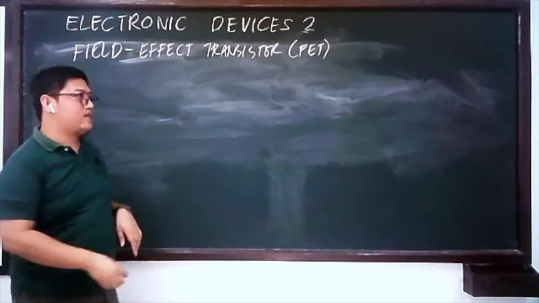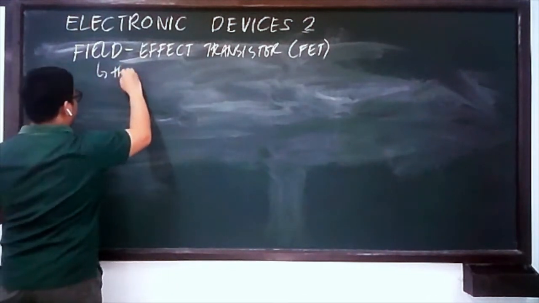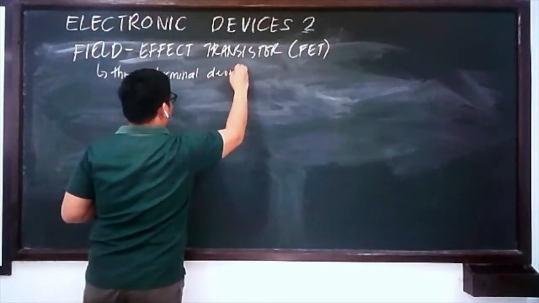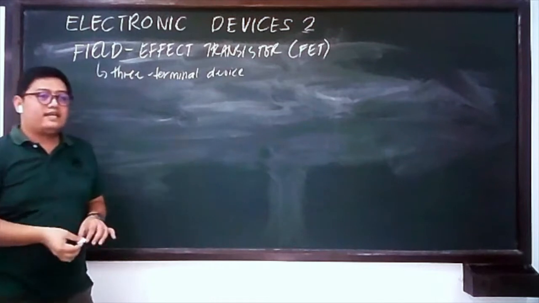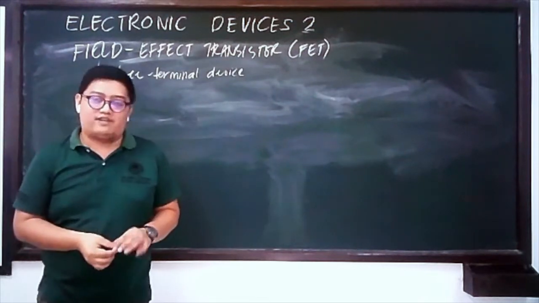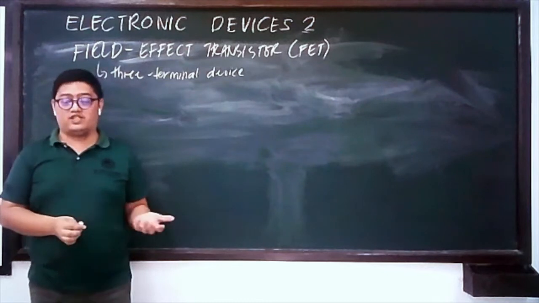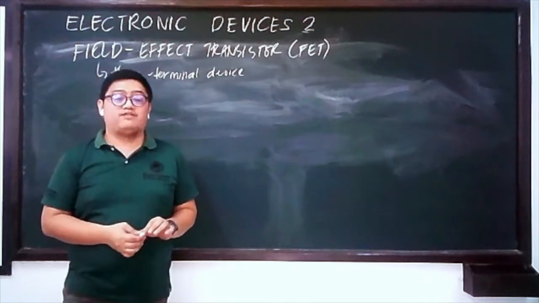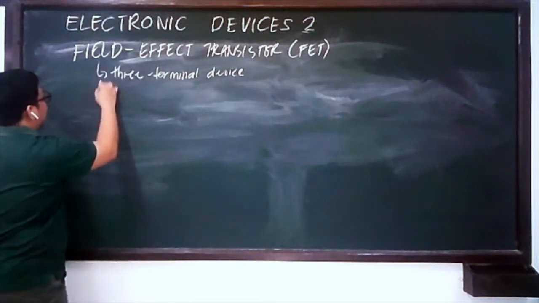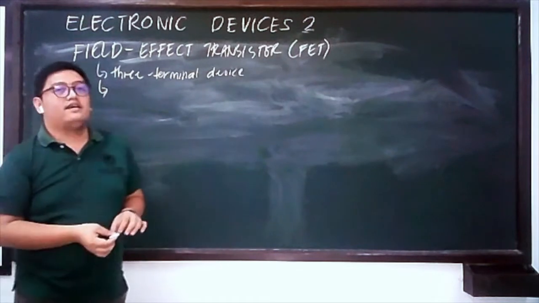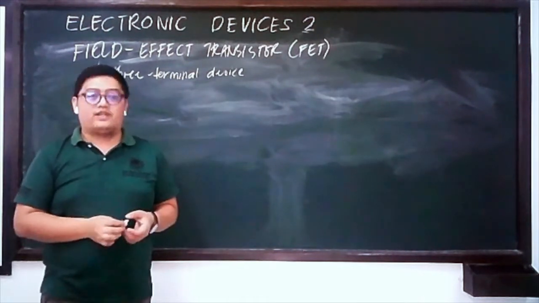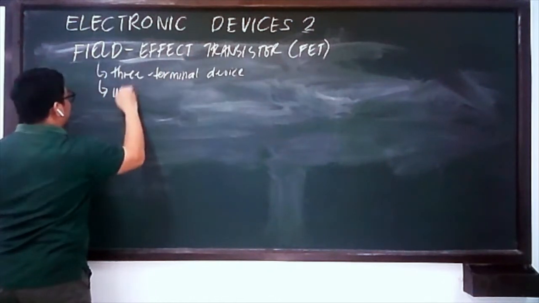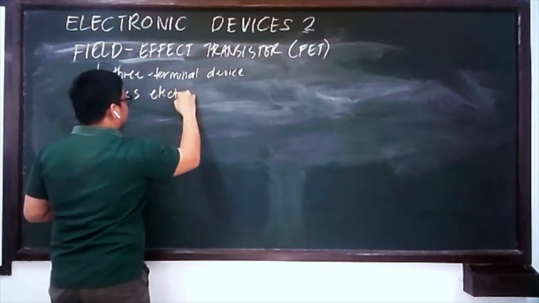Just like your BJT, FET is also a three-terminal device that has the same variety of application as your bipolar junction transistor, with its main purpose being amplification. If our BJT is controlled by the current that flows to its base, our field effect transistor, from the word itself, field effect, uses an electric field